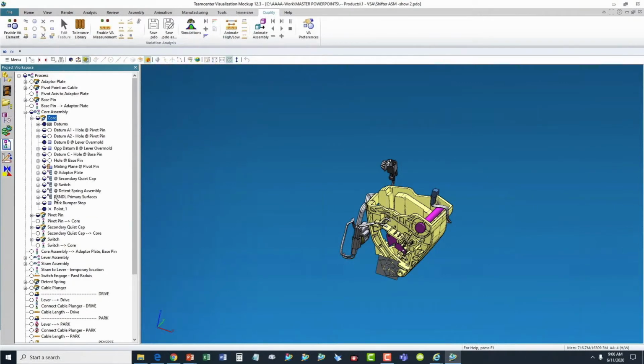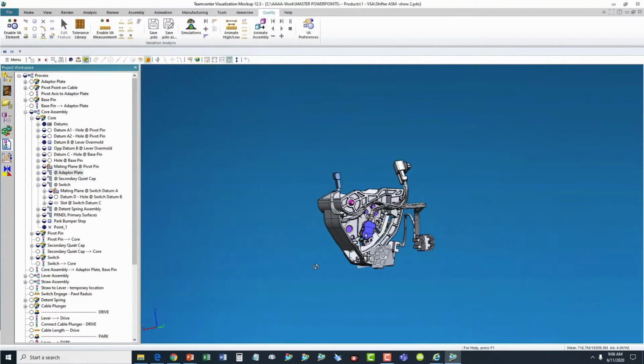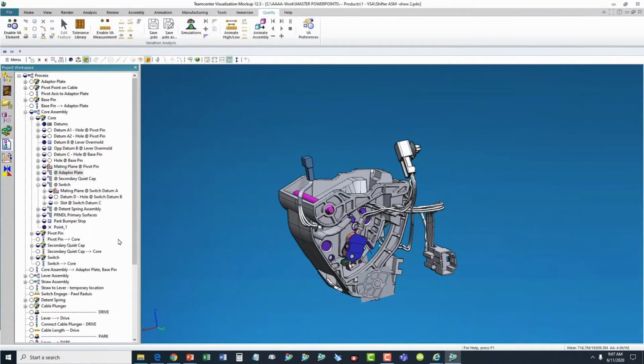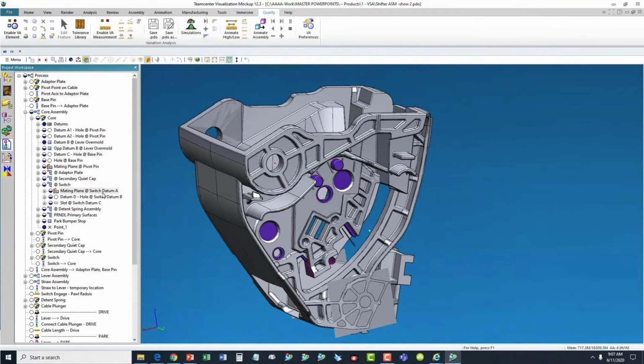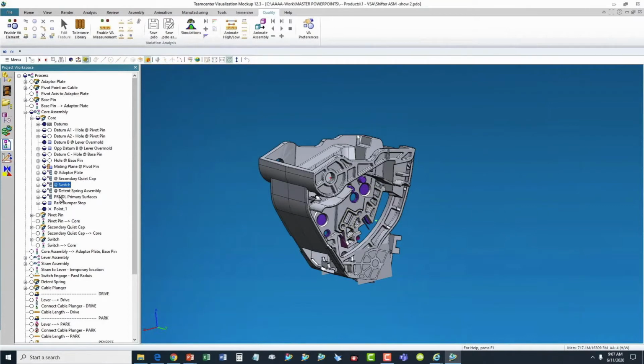Once I start looking at a single part, what we want to do is put the primary datums up front. But then we do groupings here. So we have this adapter plate, and it has a node for the switch here that has features inside it. It's just a way to organize this. So here, let's turn these other parts off. You can see here, where the switches are, when I start standing on these pieces, this is the hole. You can see it in yellow there, the slot, then the mating plane. So this little grouping is all around the switches, and it makes it very convenient to read through this model,